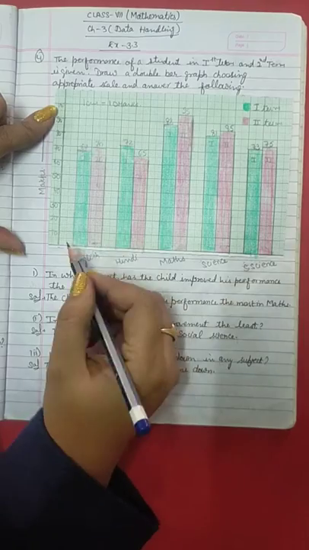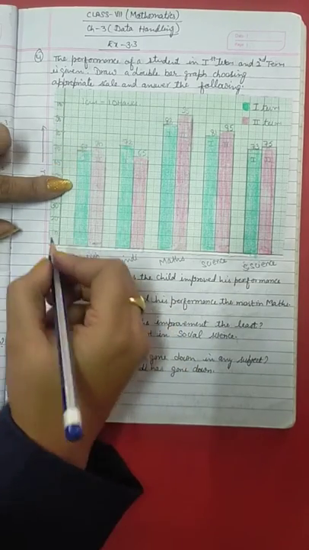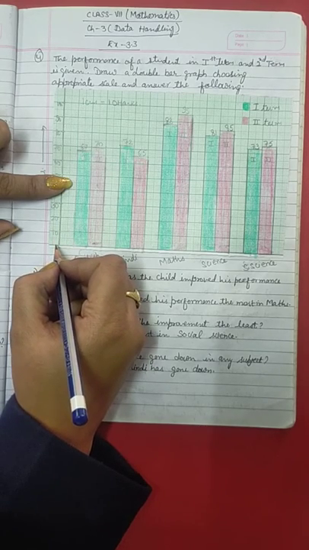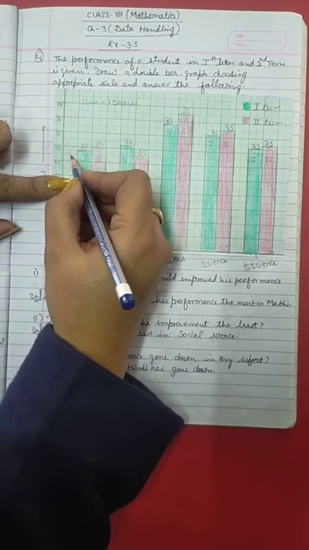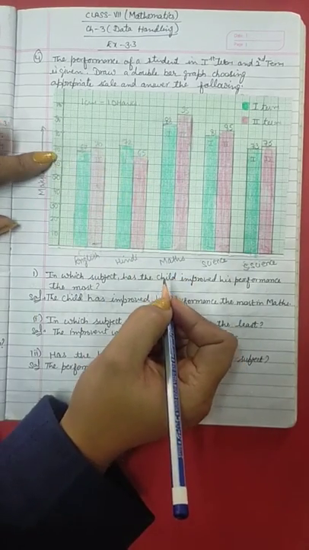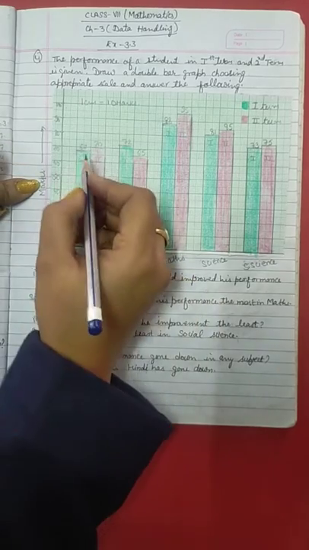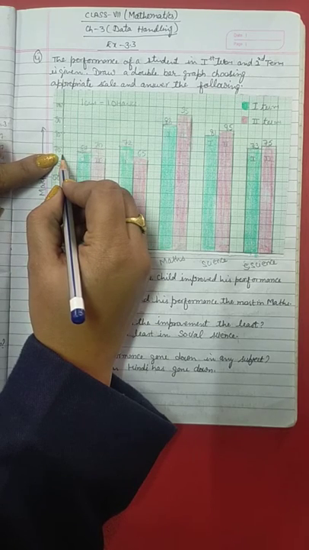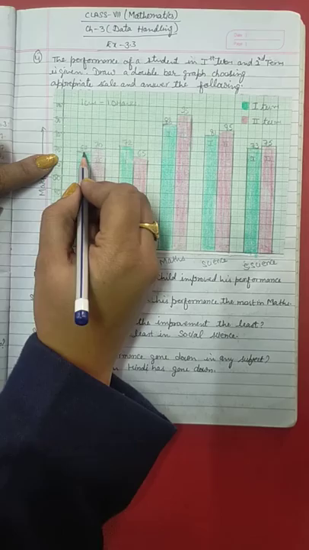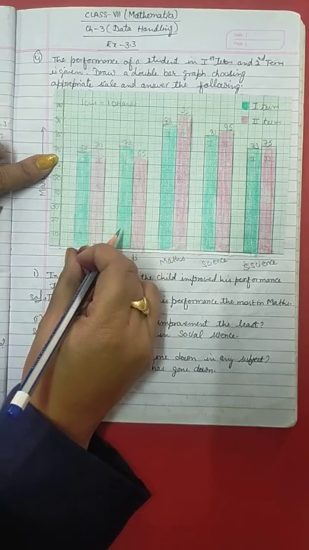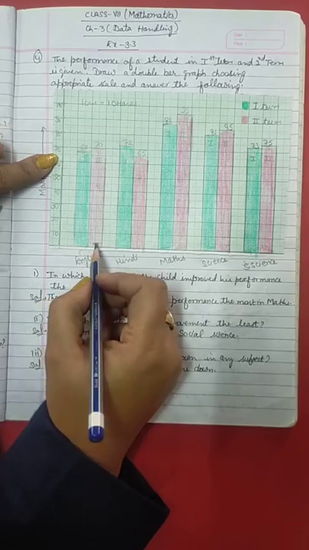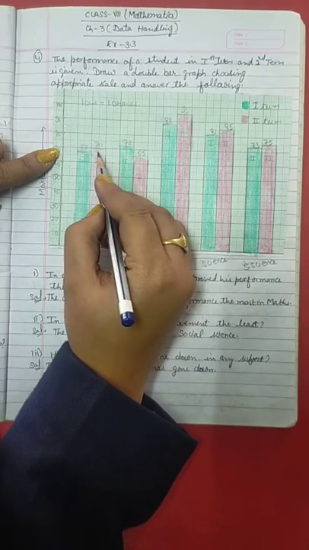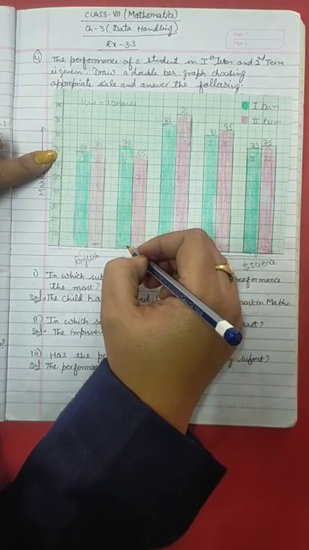Same here in English, as he has scored 67, just remember one thing, that in 1 unit or 1 centimeter there are 10 boxes, and according to that we will count the boxes and draw the line there. You can see that 67 is lying between 60 and 70. This dark line is showing 65, then 66, then this one is 67, and this way we draw the 67 line and a bar of first term of English. Then for second term, we will move up to 70 because in English in second term he scored 70 marks.